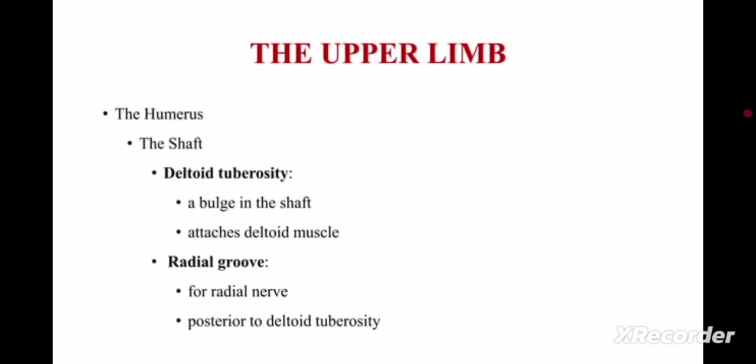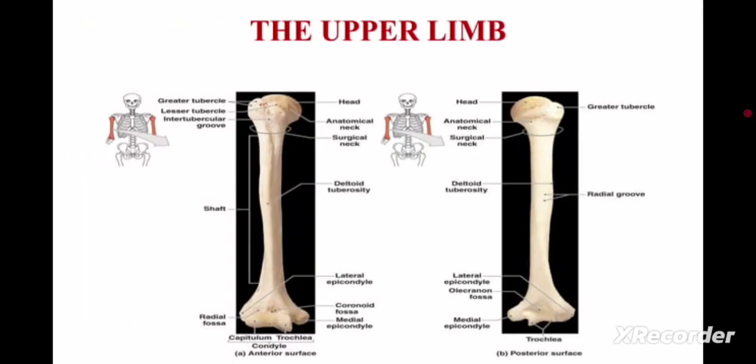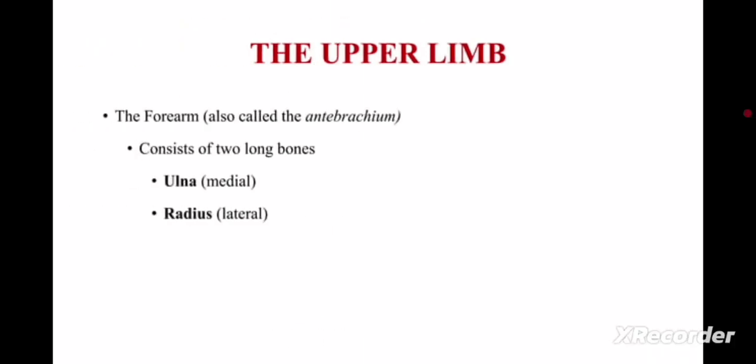Upper limb. The humerus. The humerus has a shaft. The shaft includes the deltoid tuberosity, a bulge in the shaft where the deltoid muscle attaches. The radial groove, for the radial nerve, is posterior to the deltoid tuberosity. This is the humerus bone. The forearm, also called the antebrachium,